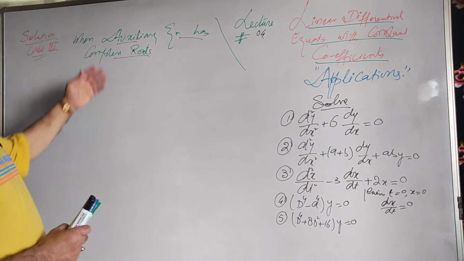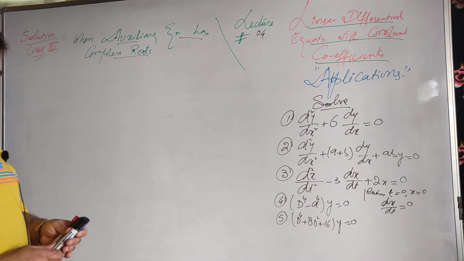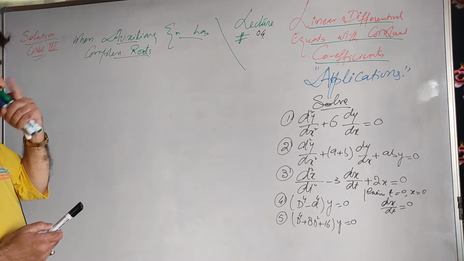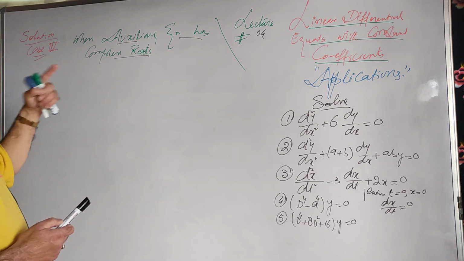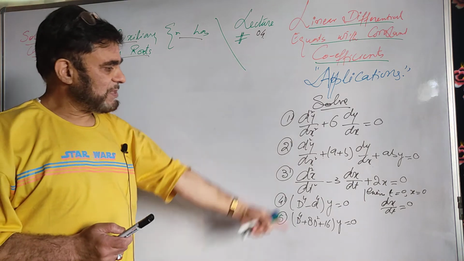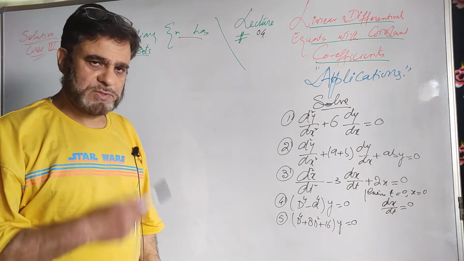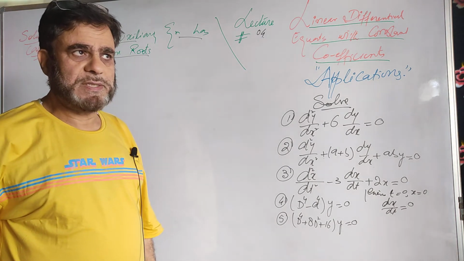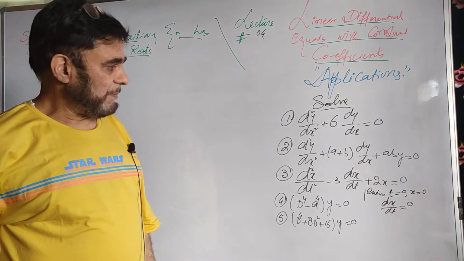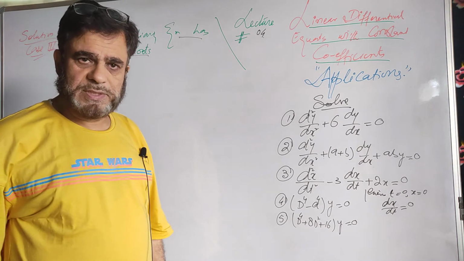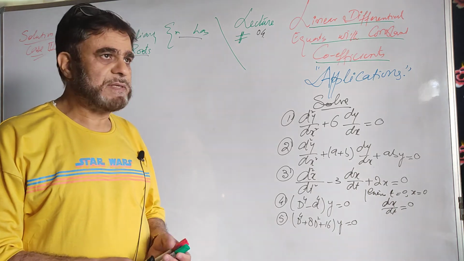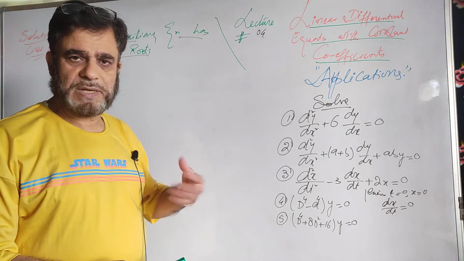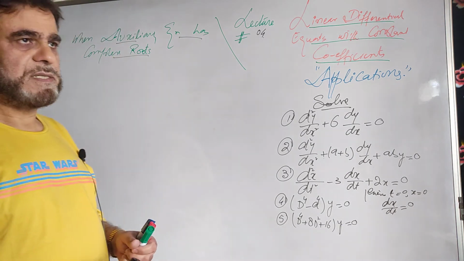Now we come to what happens when the auxiliary equation has complex roots. We will discuss this case, and you will remember how we write down the solution when the auxiliary equation has complex roots. After that we will do some applications and solve some questions. I will try to solve maximum questions here, because students pursuing engineering courses have the application part, and students doing other courses like BSc Mathematics and the 5-year integrated course have the full applications as well as the theory extra.